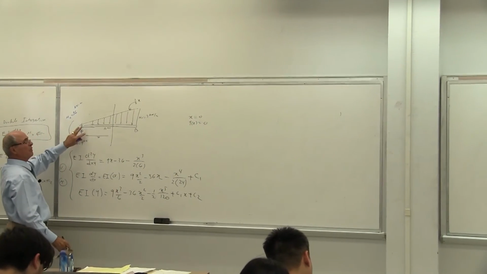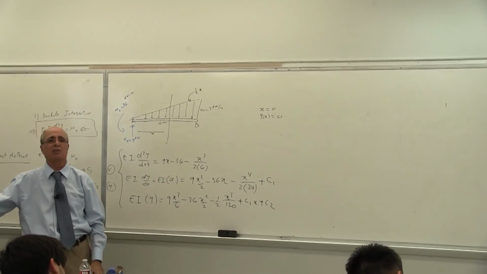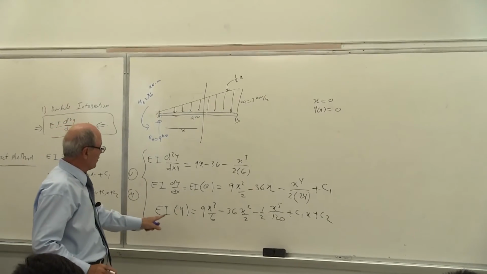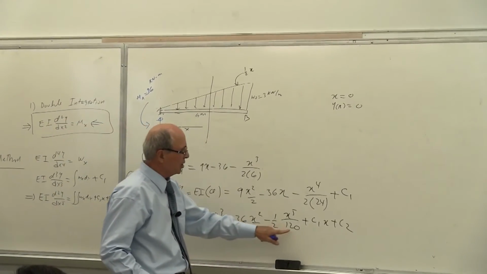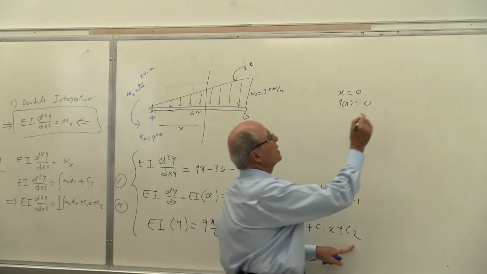Because you have a reaction. If this reaction was not there, the beam would have gone up and this would not be a beam at all. Is that correct or not? Yes? Correct? Therefore, if I use that, look what happened: 0, 0, 0, 0, C2 becomes equal to 0. This is a very simple case, guys.